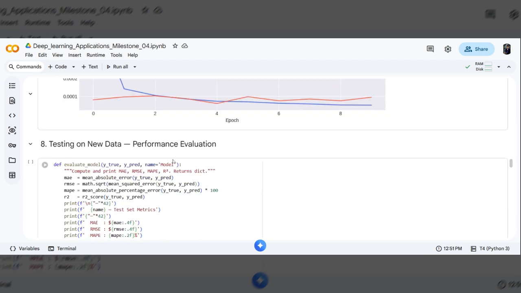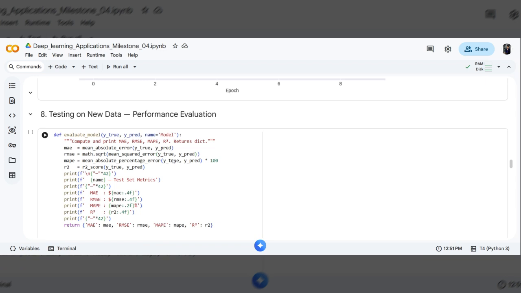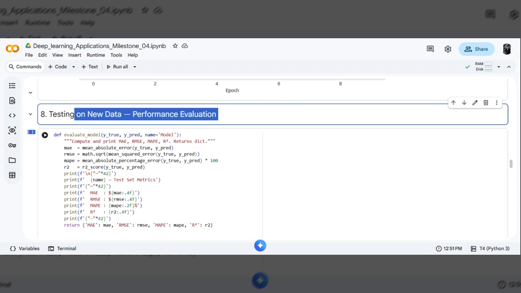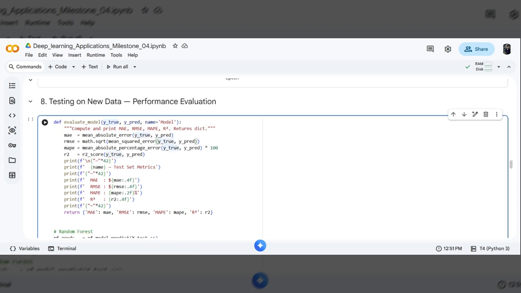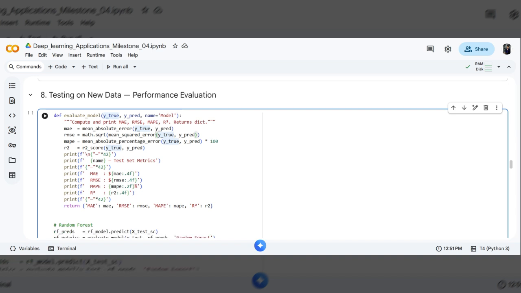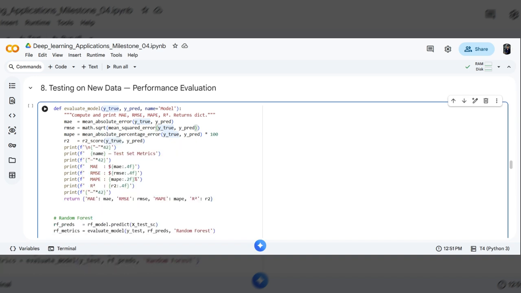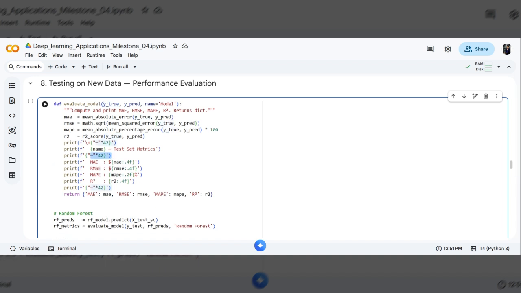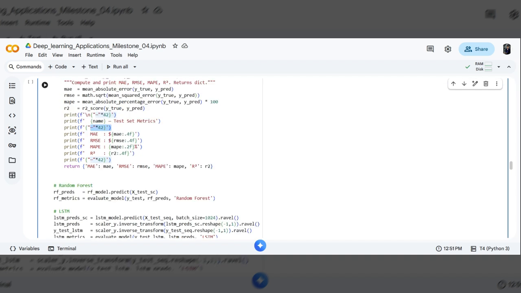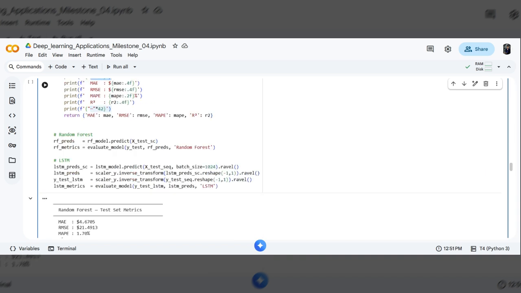Now I will explain how I evaluated the performance of my models. Model evaluation is a very important step because it helps us understand how accurate and reliable our predictions are. I used mean absolute error, RMSE, or root mean squared error. Here is the random forest